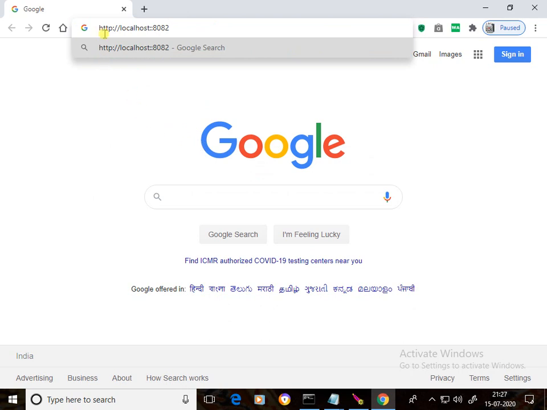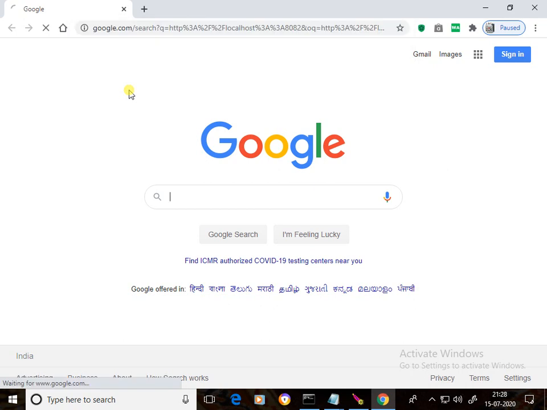HTTP, hypertext transfer protocol, is the protocol used by the browser and server to communicate on the web. Localhost means the server is installed on the same computer. If it is installed on another computer, we have to write the computer name. But which server? Tomcat server. 8082 is the port number I assigned to the Tomcat server. By default it is 8080. I changed it to 8082. That is the reason I am writing 8082.